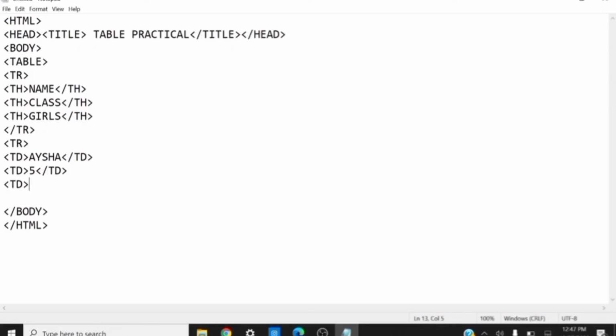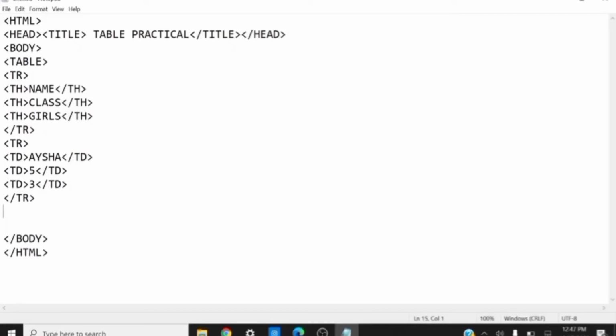Suppose we have 3 girls in a class named Aisha, then I write the number 3 and close this td tag. Then I close the tr tag, because our first row of data is completed here.